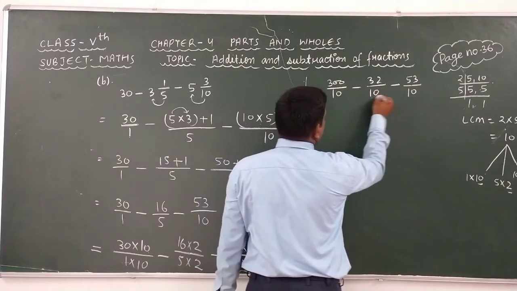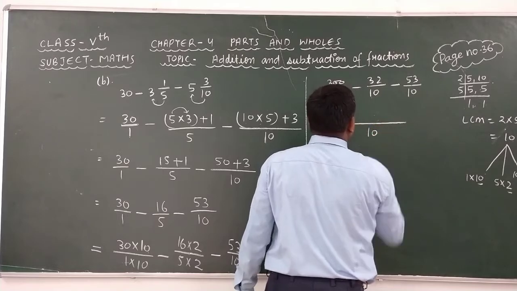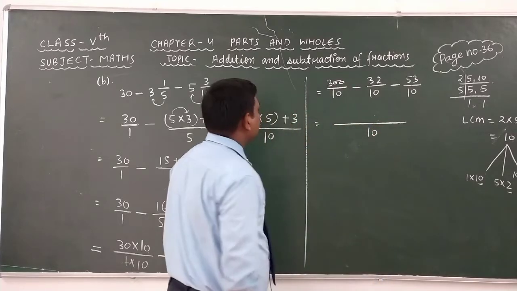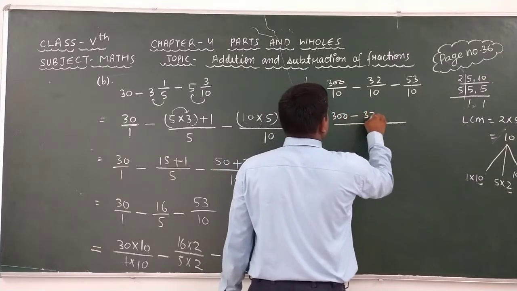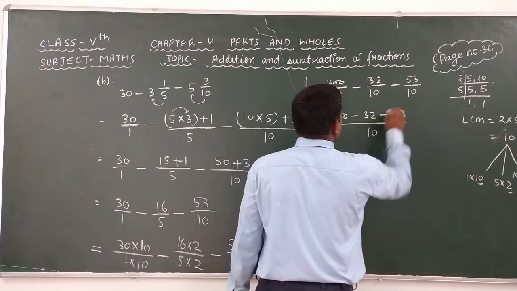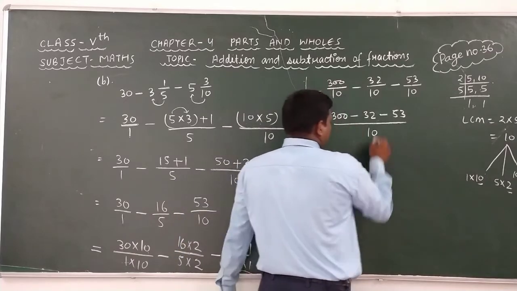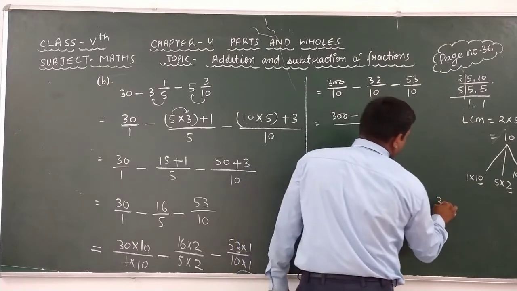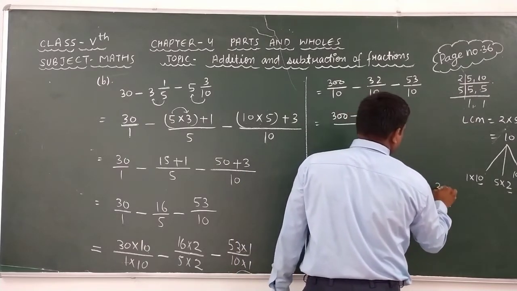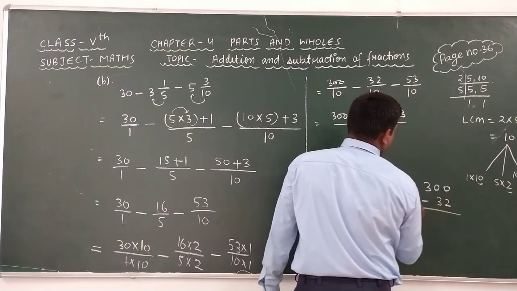Okay, distance. Look at here carefully. Here given that 10 10 10 are same denominator, therefore we can take 10. Okay, and we can write 300 minus 32 minus 53. Okay, look at here carefully. Here we have, firstly we have to subtract 32 from 300. After subtracting this we get,